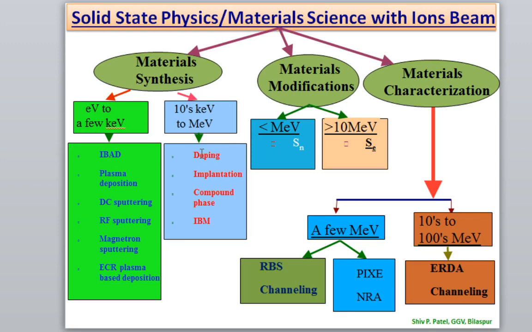I have discussed in DPA rate when during the Khinchin-Pease formula calculation. So we know how much doping we have done, we can calculate the peak concentration and then we can calculate how much doping concentration is there. I have given one assignment also. I have shown the numerical problem how to calculate the percentage doping into the material by using this ion beam techniques. Similarly, ion implantation can be done.